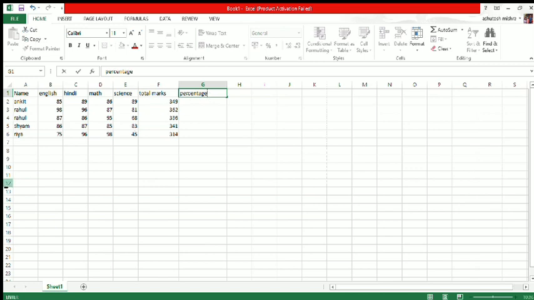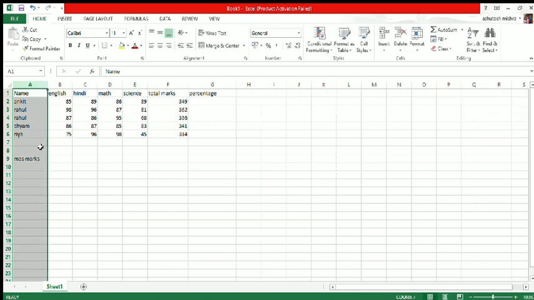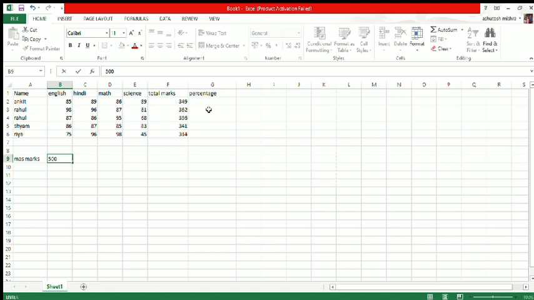And here the maximum marks, 500. Clear? Now, how will you find the percentage?